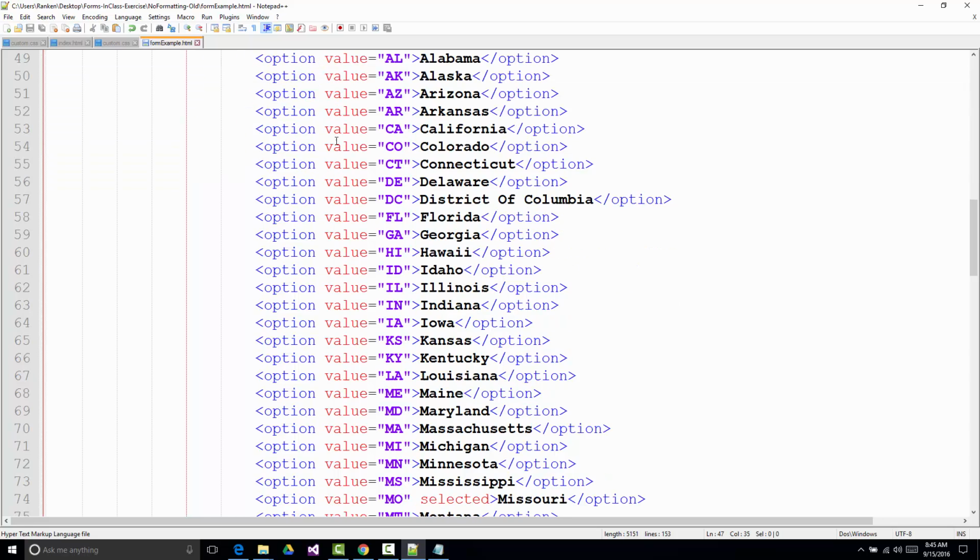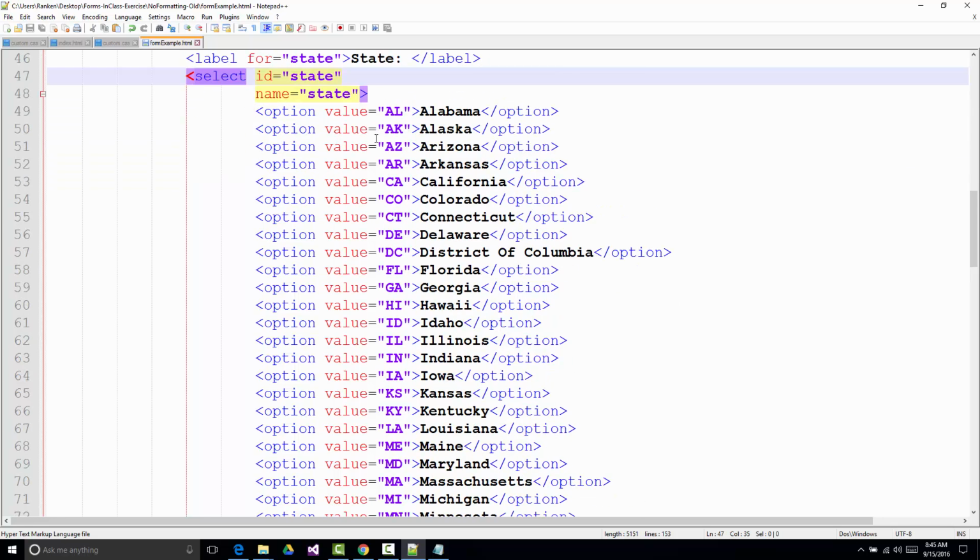Then what you have in a select list are a bunch of different options. And notice what I have in here. I've got value equal and then Alabama. This may or may not confuse you, but it's really important. We don't talk about databases in this program until, well, I'm going to try to sneak it in next semester, even though it's not part of the plan for next semester. I want you to see it. But the idea is,